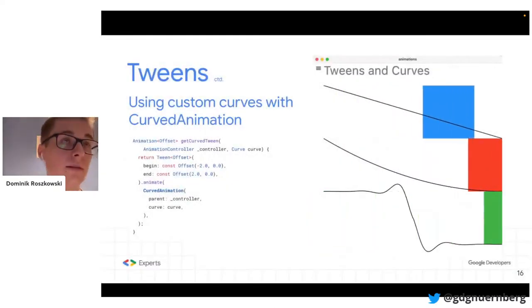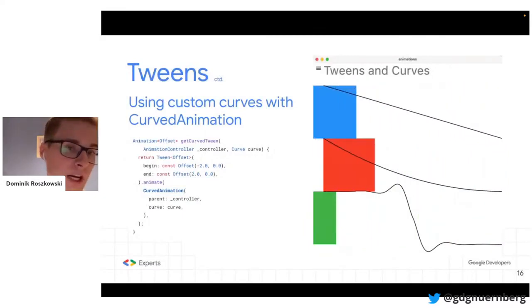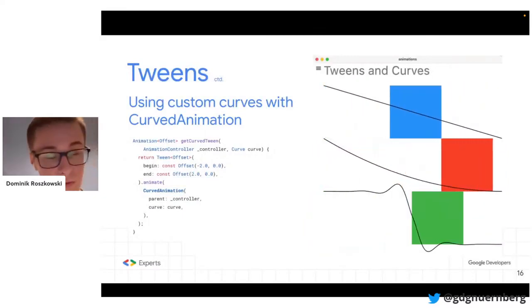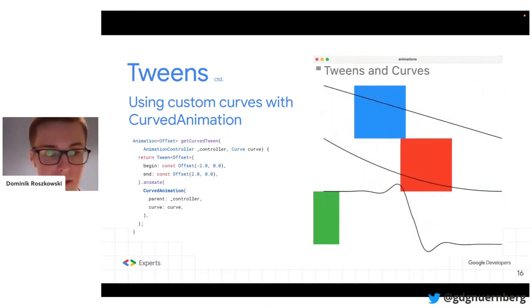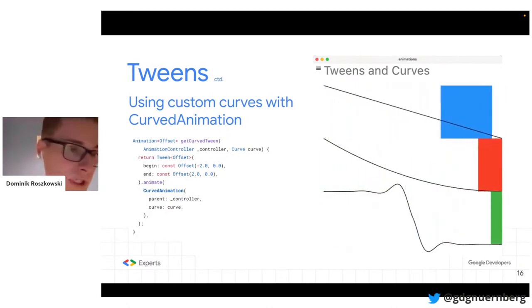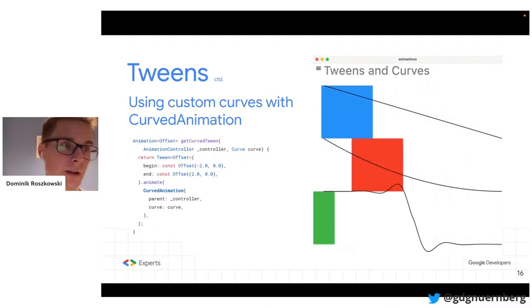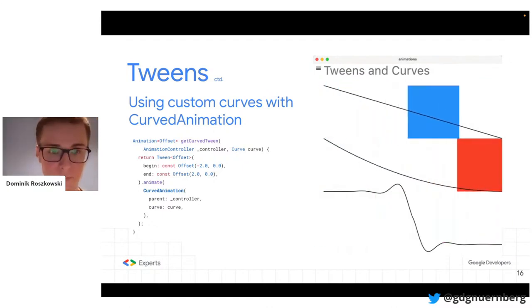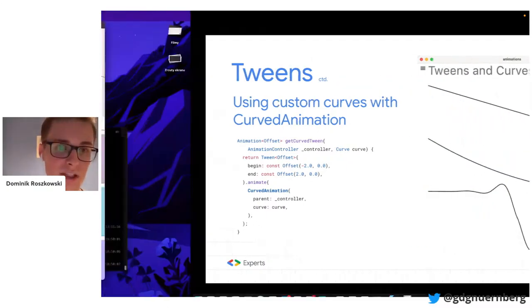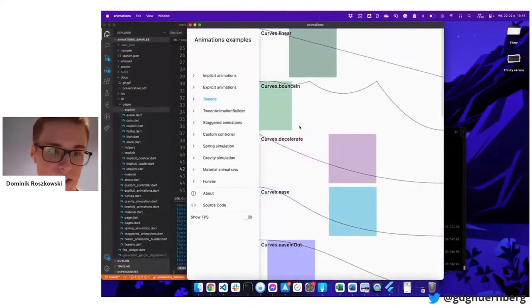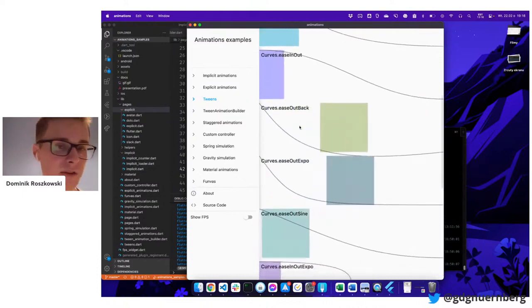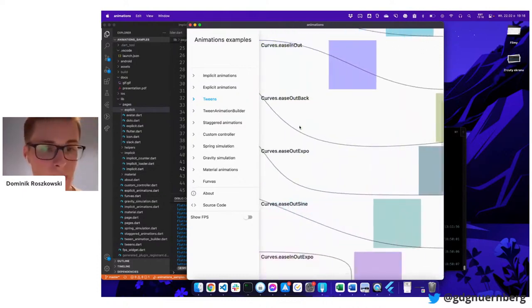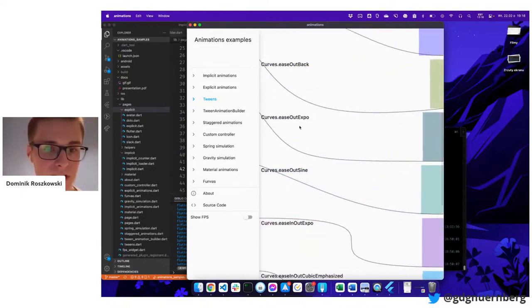And so I mentioned that tweens are by default using linear interpolation. However, you can chain or extend a tween so that it doesn't use just the linear curve. So in the example application, if you go to the tweens section, you will notice that there are several different examples of what kinds of curves are included in Flutter that make your life a little bit easier.